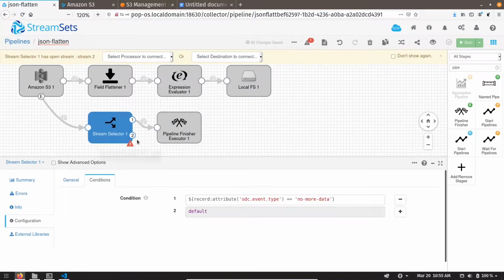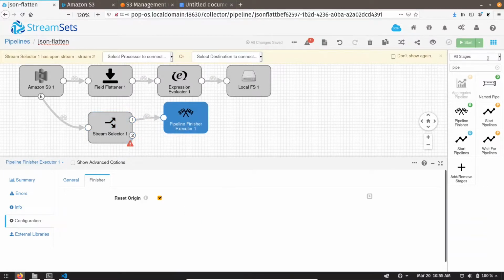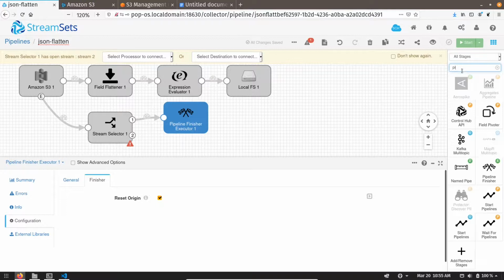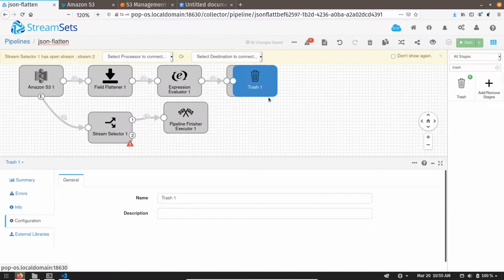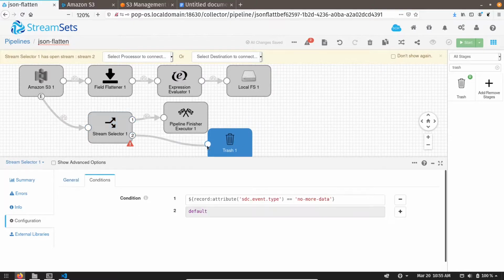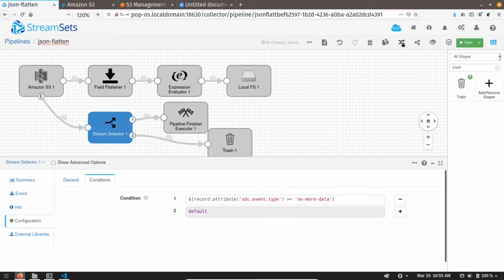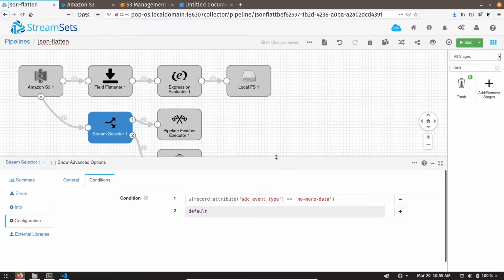Now we can't leave stream 2 empty, so we have to connect it with trash. So this is how our pipeline is completed.